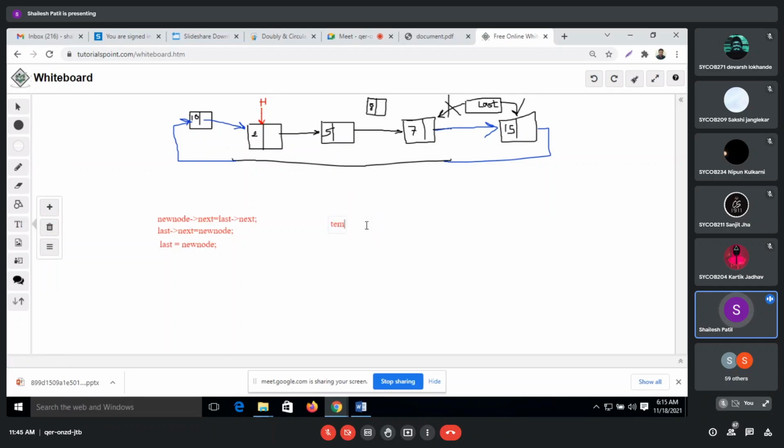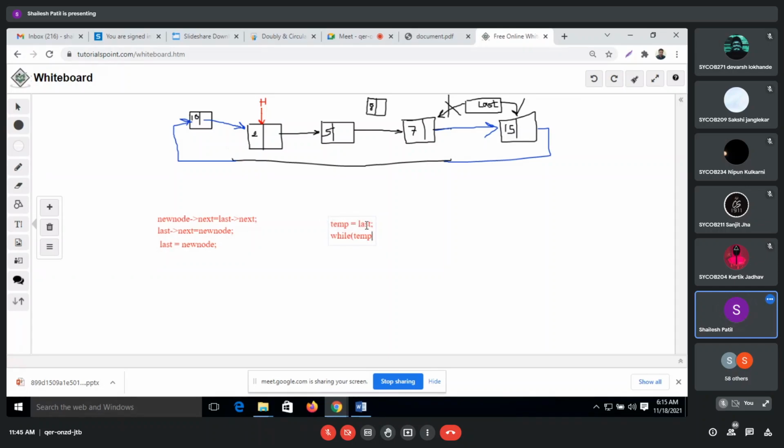We'll just make temp equal to last. Again, the same loop: while temp, how can we reach the end of the circular linked list?